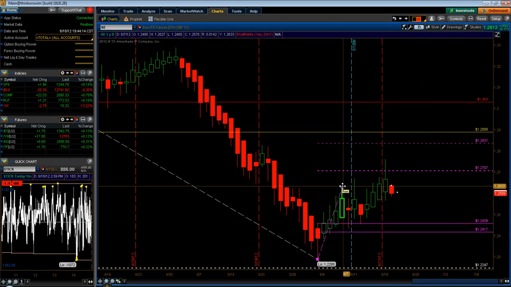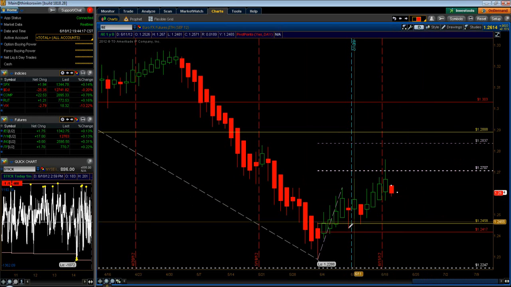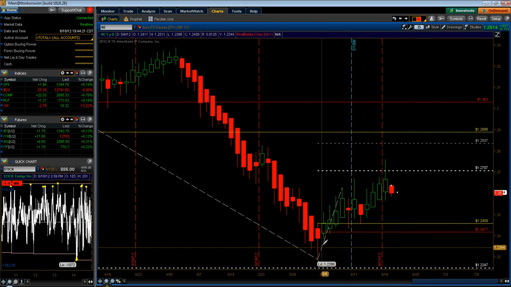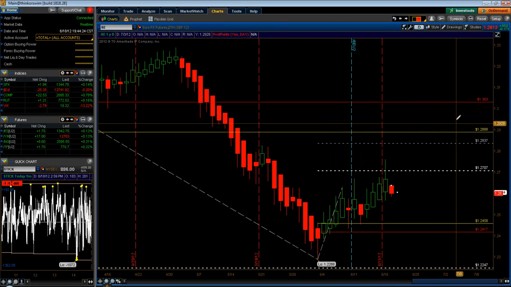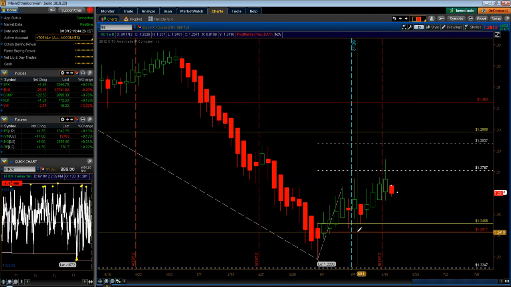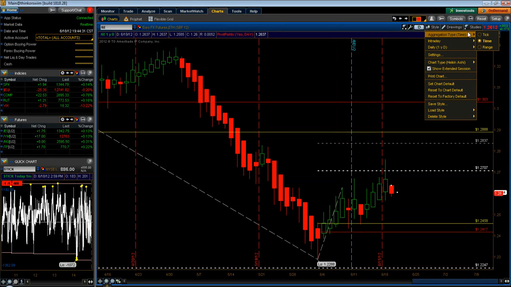Either way, the important thing to note is that the long is the setup that traded first, meaning we didn't trade up to the short first. Our target is up here at the short. We'll be looking for shorts, but the first setup that traded was the daily long. So if I go back to